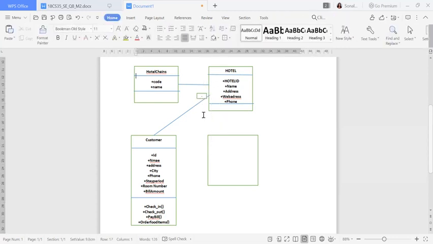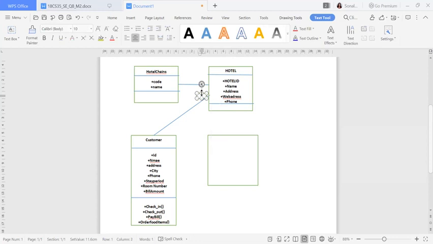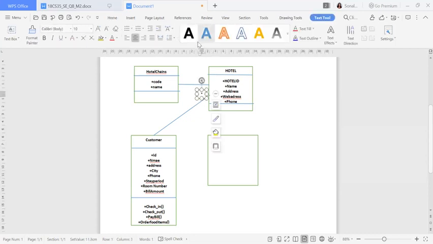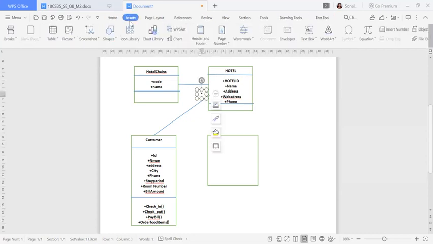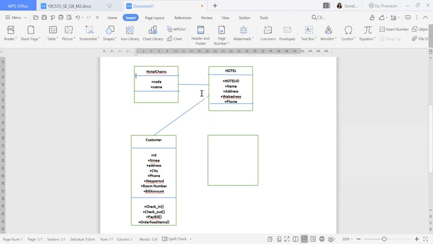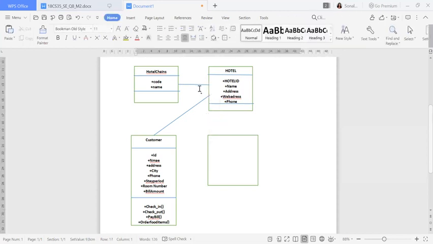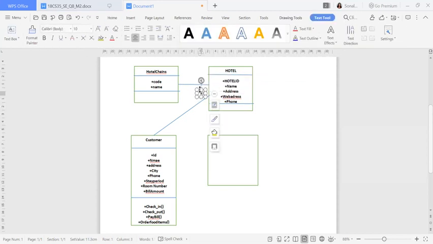Is it visible? It is not visible. One minute. It will be visible. Okay, it is star. Okay, star. So now if this is the star over here, then this side also there will be one more star.